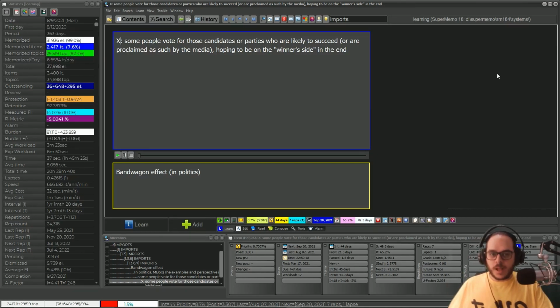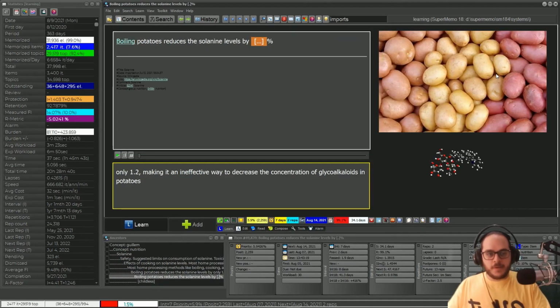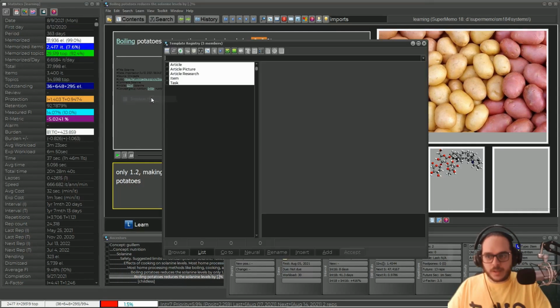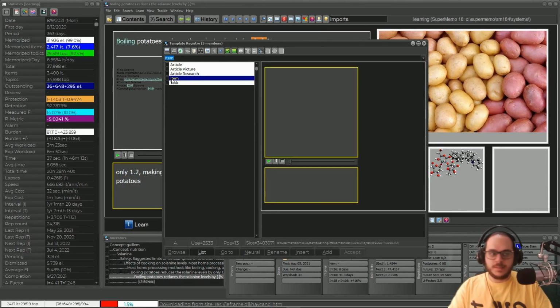So I made a template that suits all my cases. If I go back here, I have a large picture and 3 image components. On top of that, I have one sound component between the question and the answer. So long story short, I only have one template for items. I don't change templates in case it's no template, and I apply this item template. Super quick, super simple, and effective.